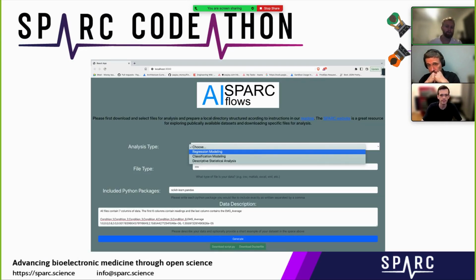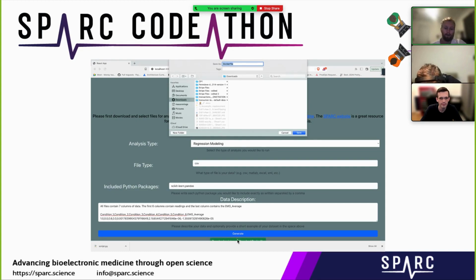We have 4 inputs that we feed to our backend, which then generates a prompt that we feed to our model. Those 4 inputs are the analysis type that we want to run, the file type of the data that we run the analysis on, the included Python packages that will run in the container, and a short data description of the data set that we will be running our analysis on. Once these inputs have been placed, the user will click the generate button, which will then generate the Python script and the Docker file